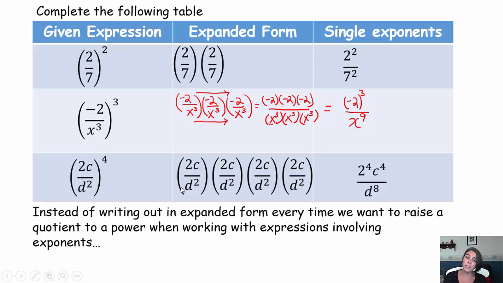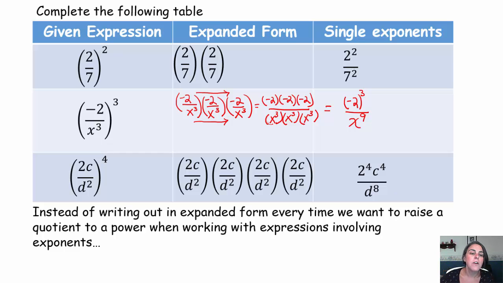How many factors of d do we have? Well, we have 2, 4, 6, 8 factors of d. So we write that as d to the 8th. And what we want to see is whether there is a more efficient way to go about this. I think for now I will take a look at that third row and see if we can come up with a strategy for going from a quotient raised to a power to rewriting with single exponents on each part